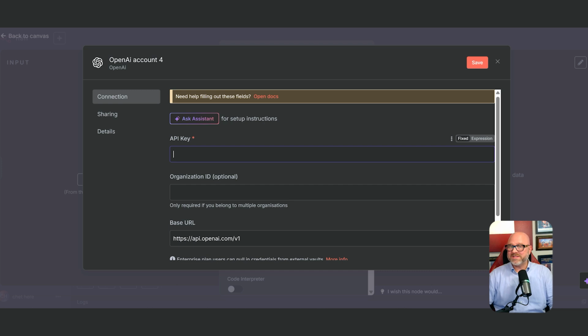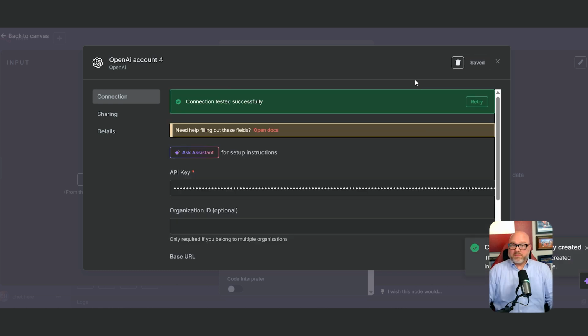This is where you paste the secret key that we copied from the OpenAI website a moment ago. Go ahead and paste the key in now. Now click the Save button. And that's it. Your new credential will be selected and your n8n account is now connected to the power of